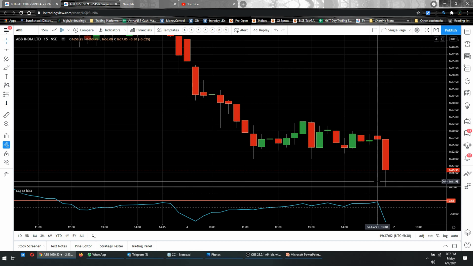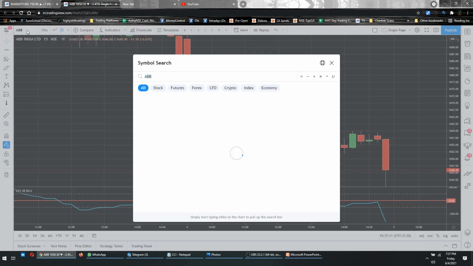So it's a 1600 rupees script, and 1% of the script price will be around 15 to 16 rupees. So that was also achieved, right? So this was ABB. Similarly, if you go to